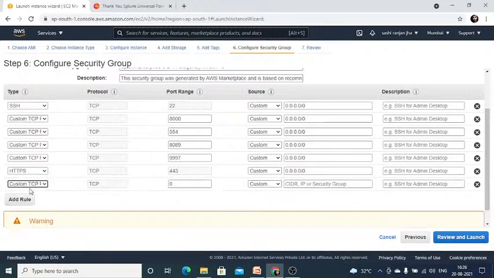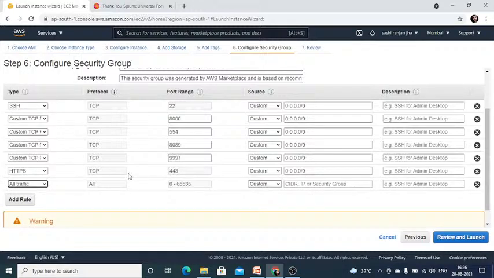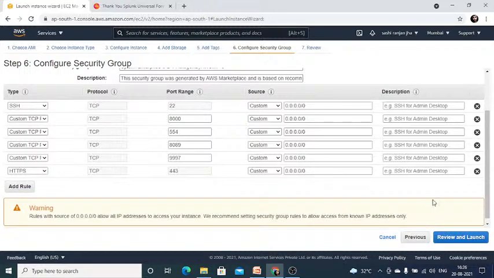So in that case, we can add a rule here and change this to all traffic, and then give a custom IP. If we are doing this 0.0.0.0/0, then this instance will be accessible from anywhere in the world. But for the sake of security, we can do this as My IP, and then this instance will only be accessible through this IP address or this IP range. So I do not need to do anything because everything is already configured. So I will remove this and